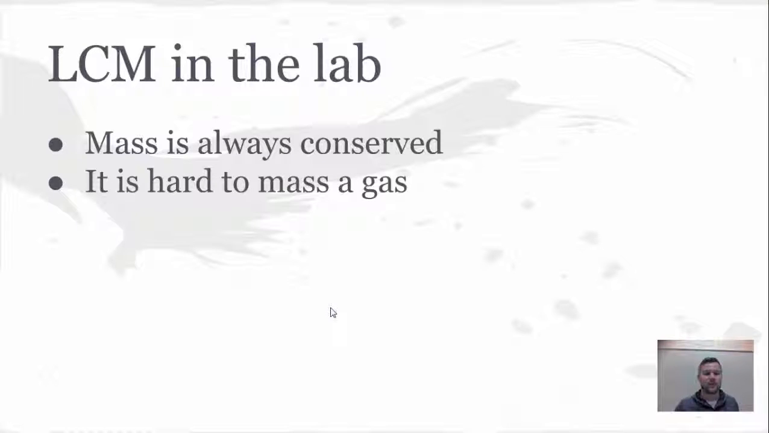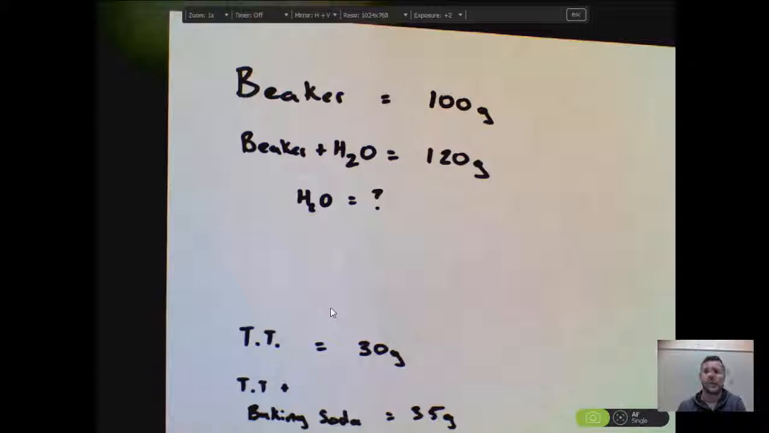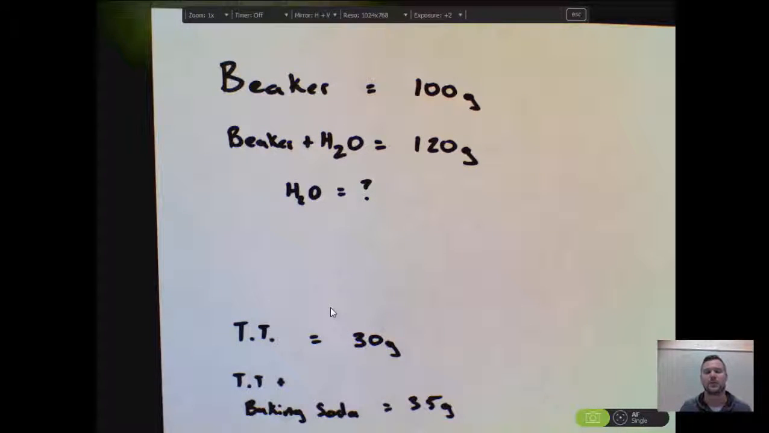On the lab side of the room, we're going to be looking at masses. And it's important to know that mass is always conserved. The most common situation that we see this in is with a gas. It's very hard to mass a gas because once gases are formed, they typically leave their container unless you make a concerted effort to contain that gas. So here are a couple examples of how massing a gas or massing substances would work using the law of